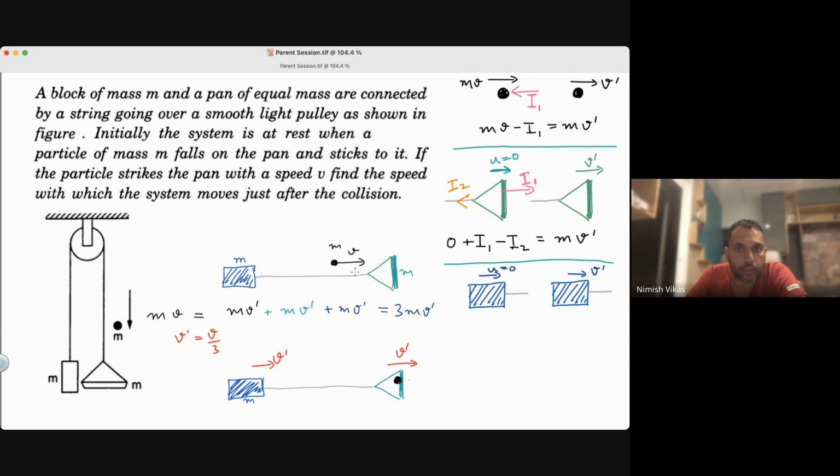When this string pulls this thing back, because it was trying to drag the blue body, this is getting pulled forward, no? It is absolutely okay to assume that if the pullback was T and integration of T dt,